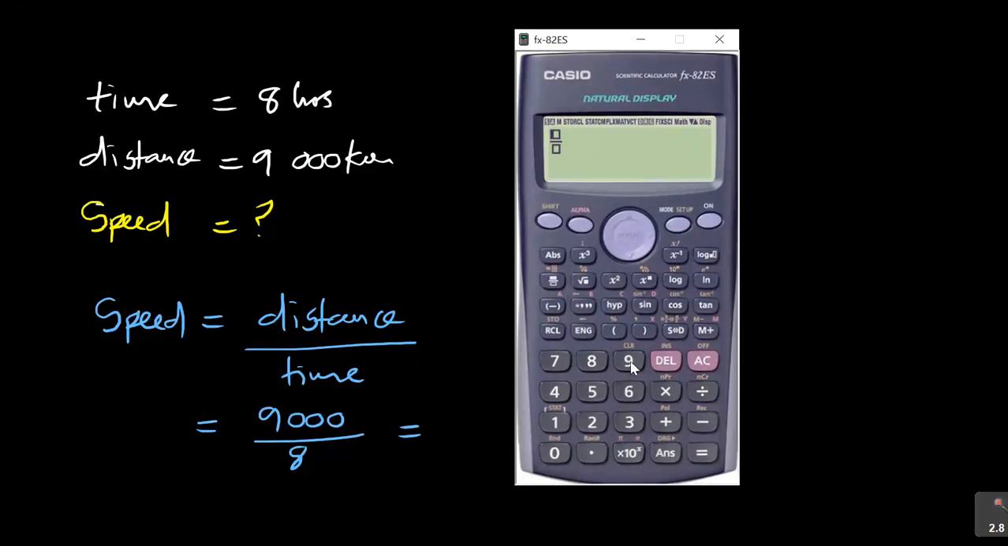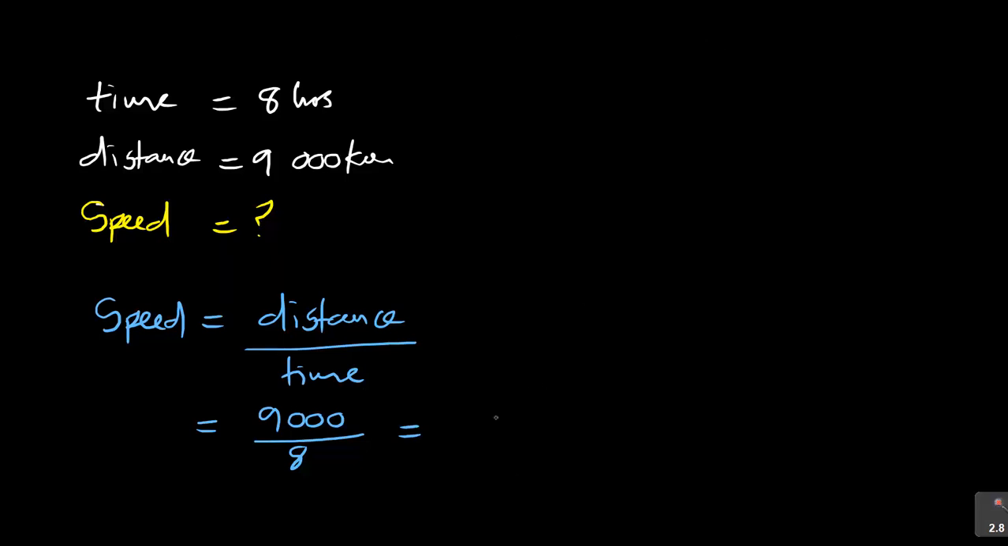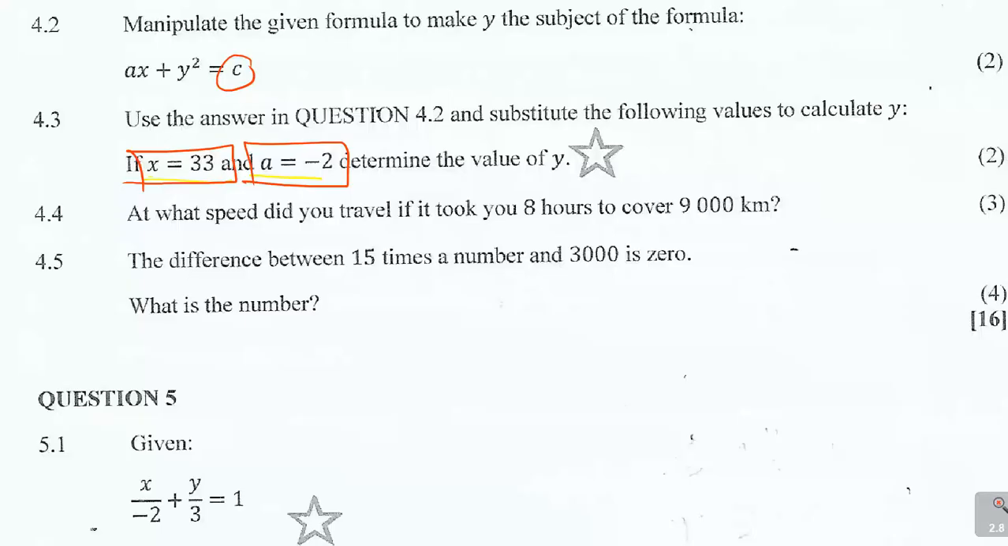So it's 9,000 over 8, so it's 1,125. It's 1,125. Remember, it's kilometers per hour. So that is the speed that you will be traveling. Say, at what speed will you travel if it took, so you'll be traveling at that particular speed. Alright,